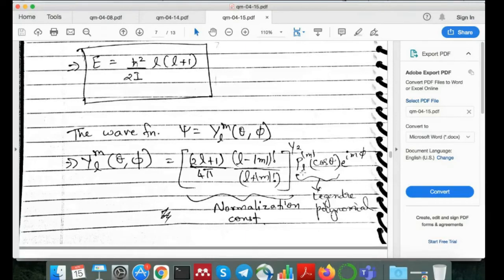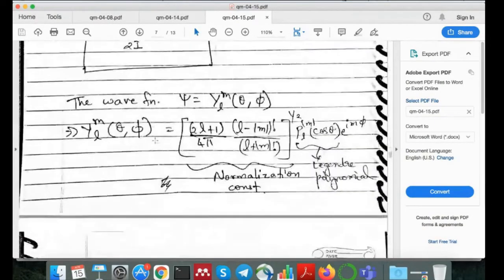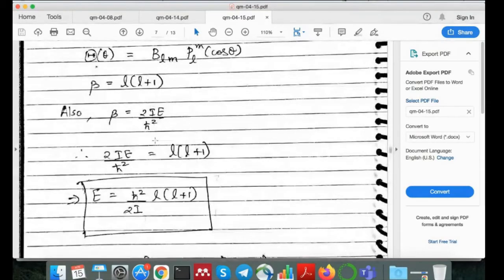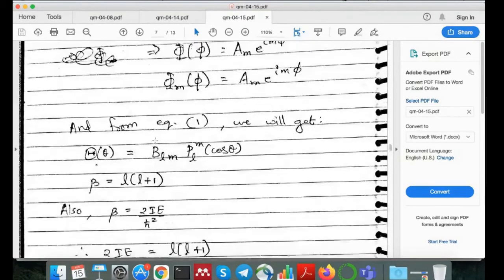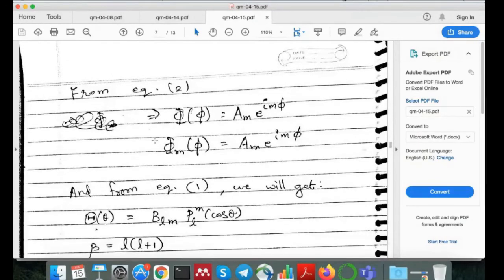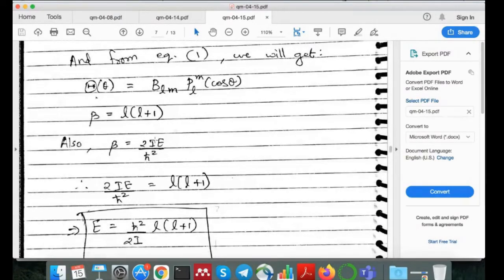Now there are some implications of this energy and these results that we have got. So I'll discuss that now. Any questions up to this part? Okay, you understand we are doing the same kind of steps that we did in the hydrogen atom. We are not doing anything different, and so I have not shown you all the steps because the steps are exactly the same.